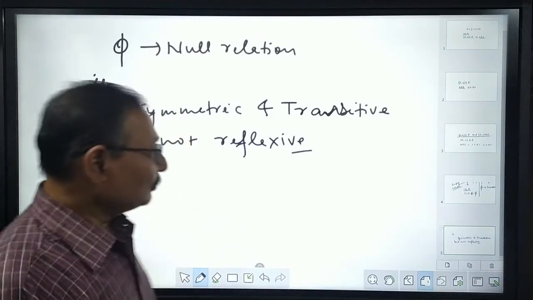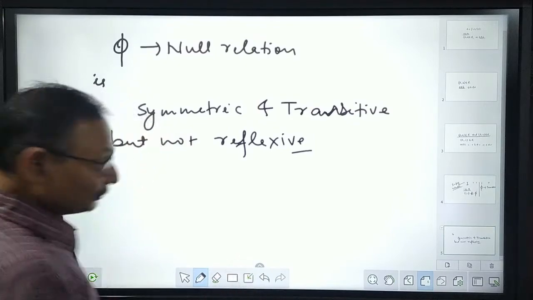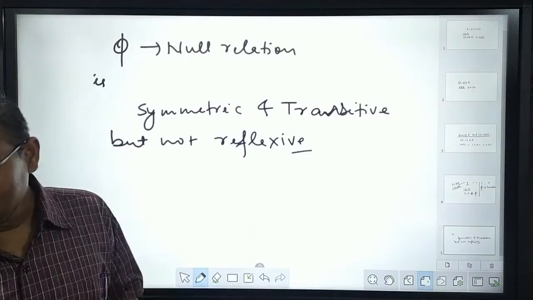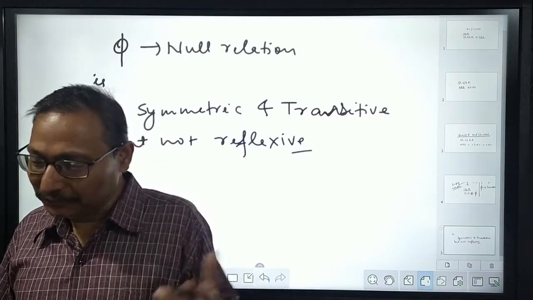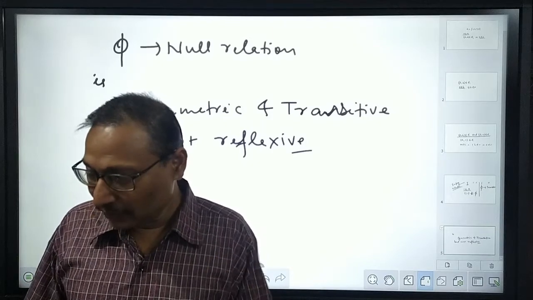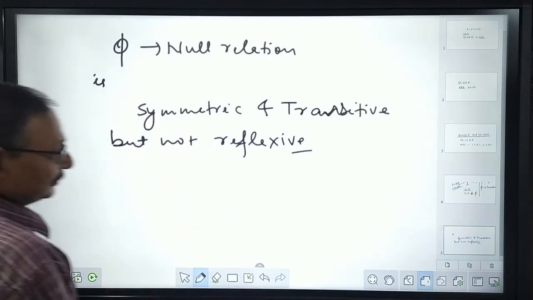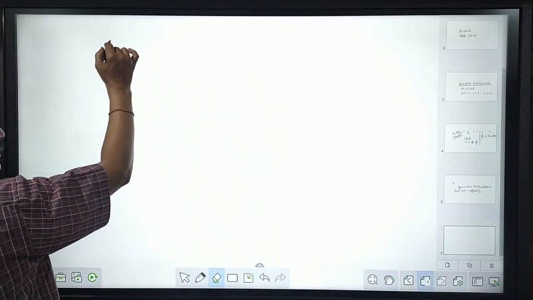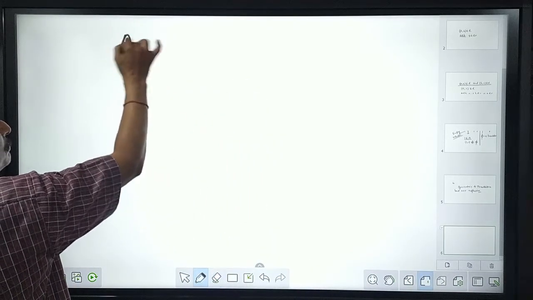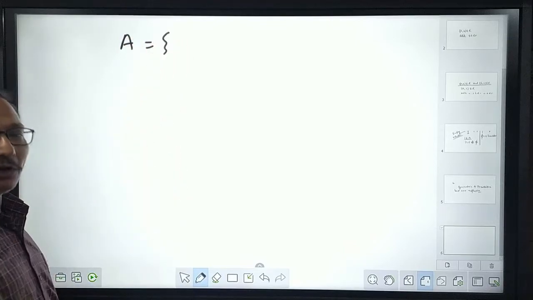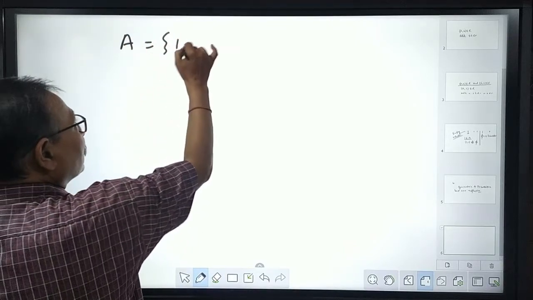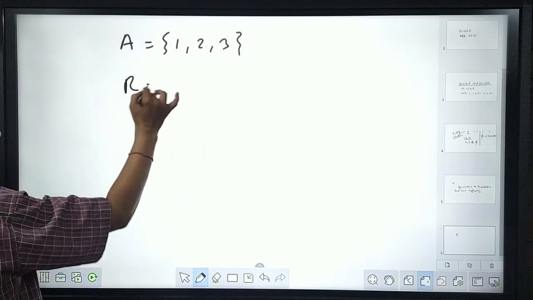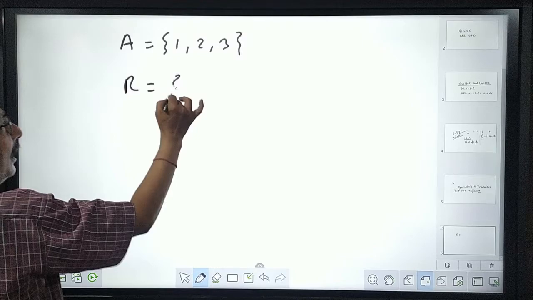Okay, now I'm taking another example before starting the exercise, because the exercise needs these kinds of activities, these kinds of argumentations. So why am I taking these examples? Suppose that there is a set. First of all, I am putting a set there because any relation is always over a given set. Suppose that the set has elements 1 to 3 and a relation is given as (1, 2).